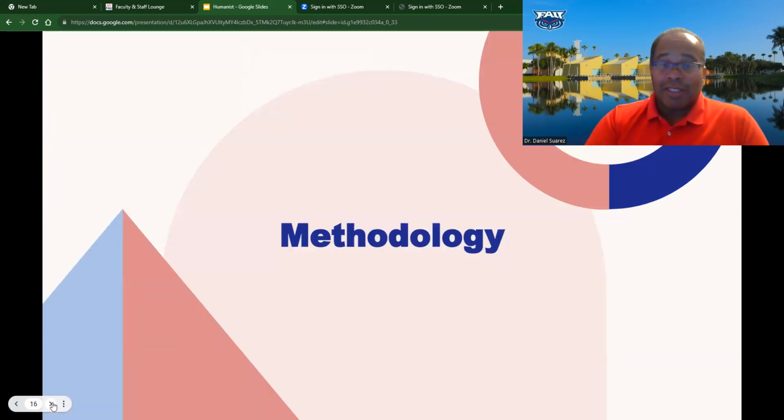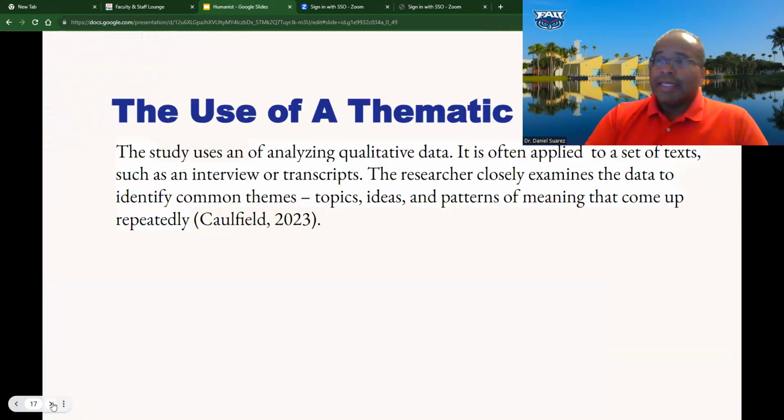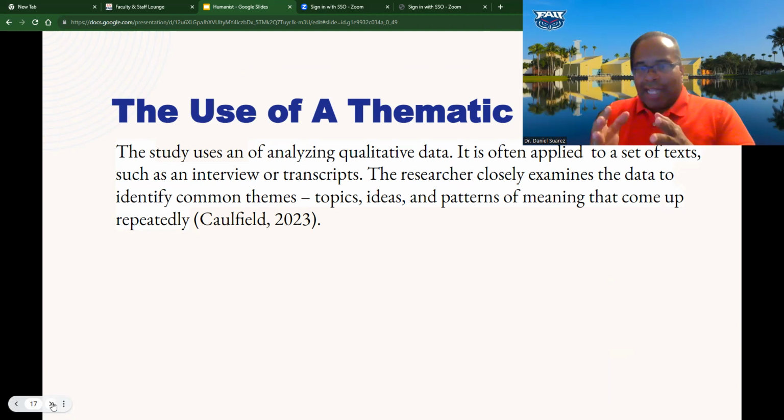Let's look at the methodology that was used in coming up with this study. First, we used a thematic analysis of scoring and using the actual data. A lot of times this is used when we're using a qualitative approach. Since we're using the raw data from the students, we coded it according to the thematic units that they were going through.